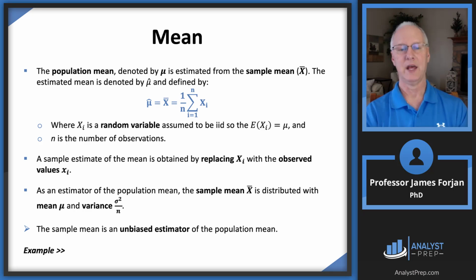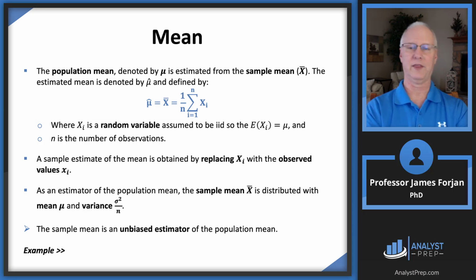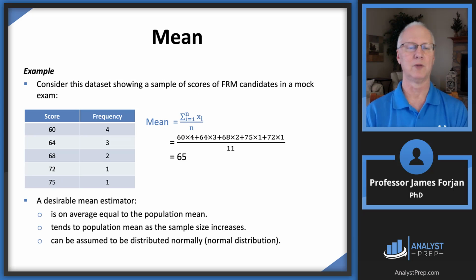What we say then is that that sample mean is an unbiased estimator of the population mean. Now, quickly, let's go ahead and say that the sample mean is distributed with the mean of mu and a variance of sigma squared over n. And we'll talk about the importance of dividing by n when we compute these moments here. And we'll have a couple of examples. Let's start with